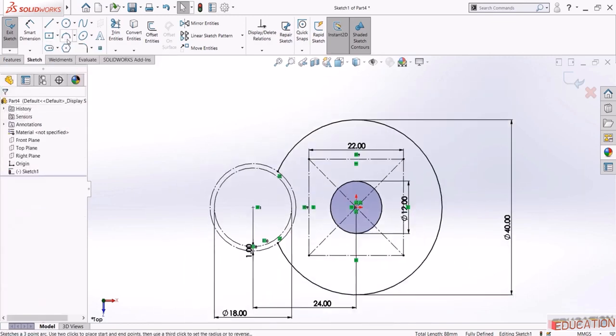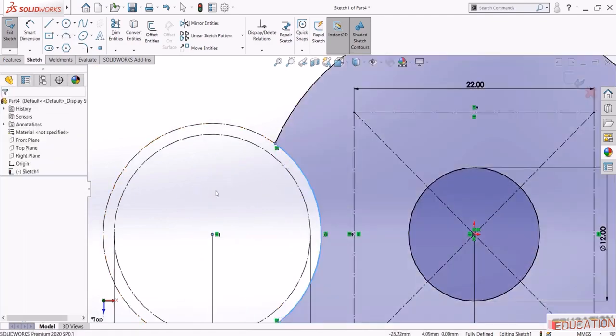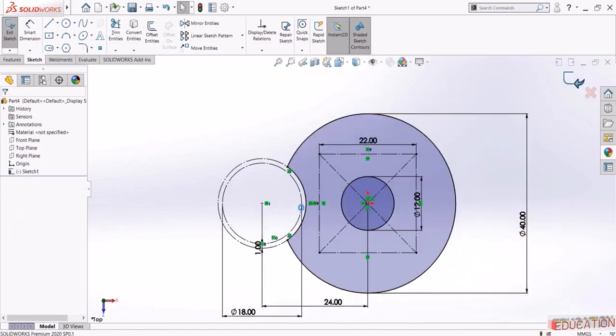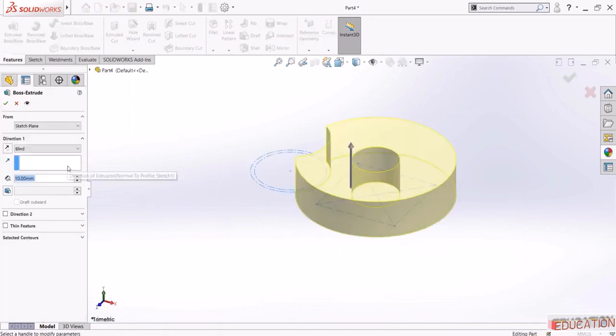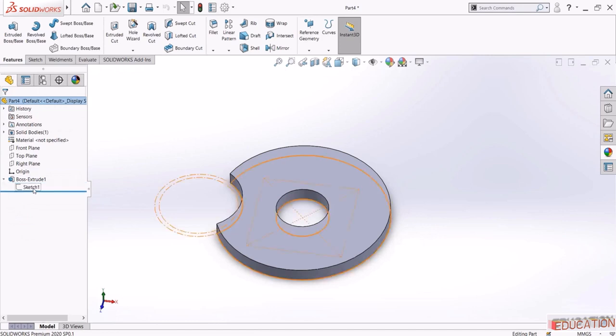And don't forget to close this sketch by selecting 3-point arc, snap to this point, snap to this one, and then snap to this. And here we have a closed sketch. Now finish it, and let's extrude this to 3 millimeters. Make sure to show the sketch,